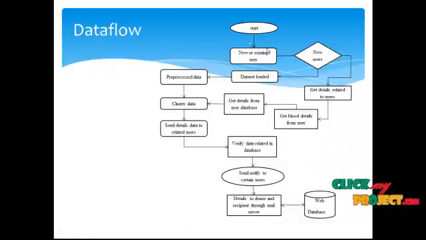I have a data flow diagram. It starts with a new or existing user condition. If you are an existing user, it directly goes to the datasets loader. If you are a new user, it gets the details of a recipient, user details and user blood details needed from the donors, and they are stored in the user database. After that it goes to the datasets loader and loads the